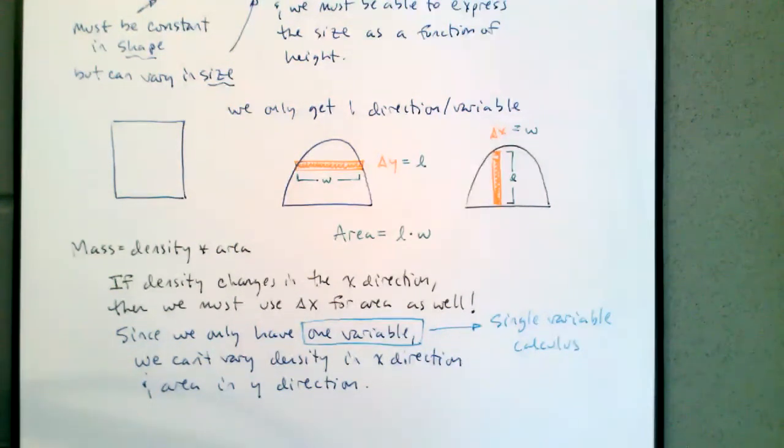You already know how to find antiderivatives. You already know what the definite integral is supposed to represent. We're just doing this with functions of more than one variable. We have to upgrade our language a little bit, like when we talk about the derivative as the instantaneous rate of change,